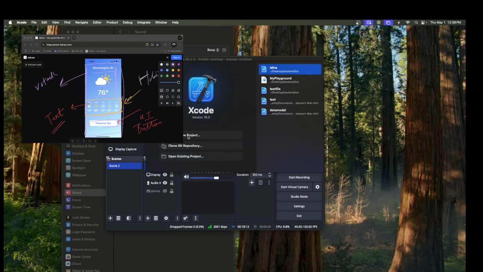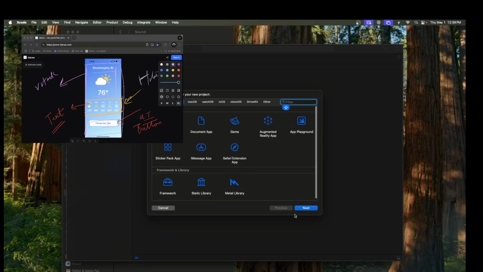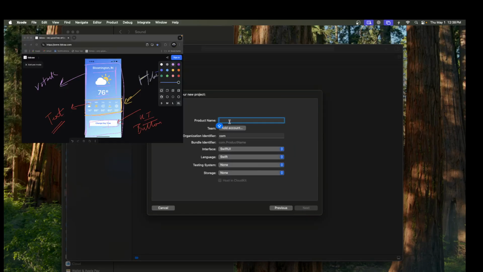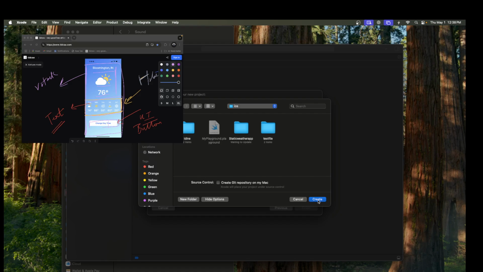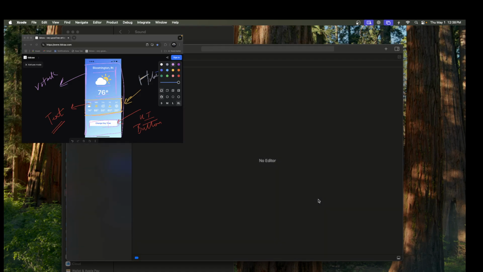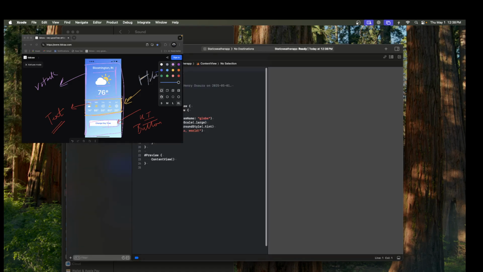Create a new project, application. Then make sure this is a static weather app. There is no API calling here. So let's start with static weather app, and then let's go to next, create. Okay, so this is our content view, right? The original view, or the main view where you are going to start. So first thing first,